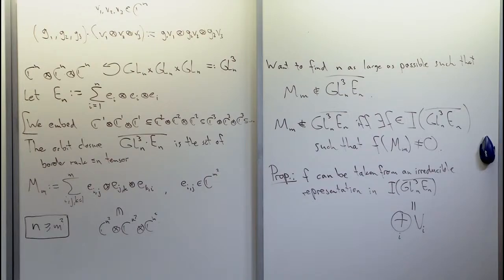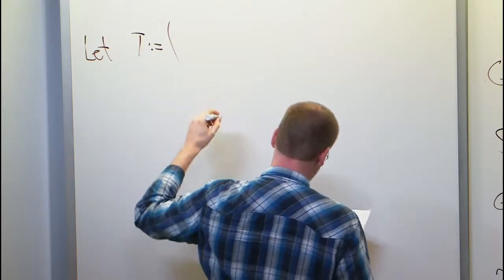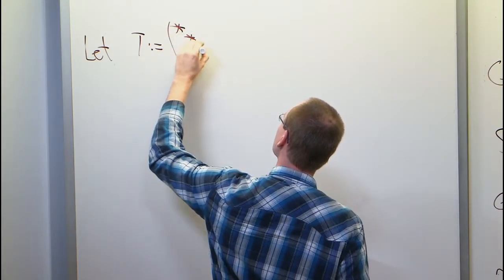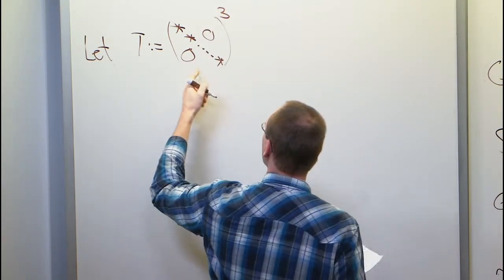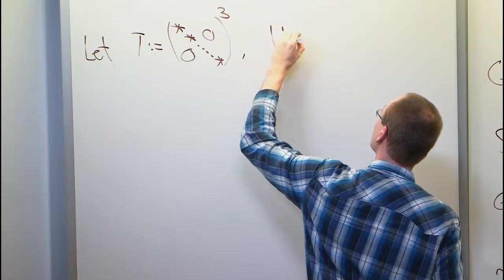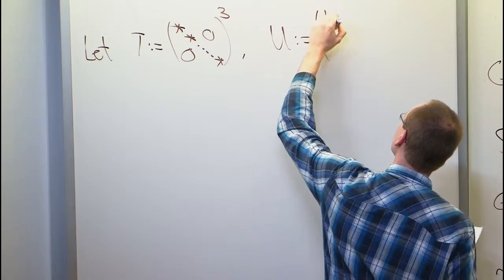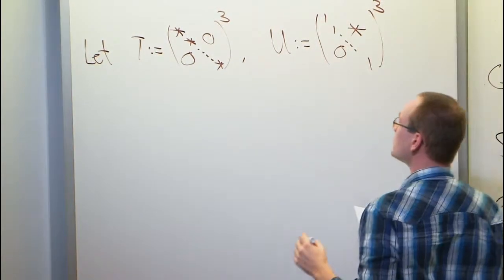So what is that, a highest weight vector? What Ketan said is that you can actually restrict yourself to highest weight vectors. So let me explain to you what that is. T is the torus. It's just diagonal matrices, and take triples of those. The determinant should also be non-zero. That's the torus. And U should be the unipotent group, having ones on the diagonal and a star here, and also take triples of these. So these are your two groups.